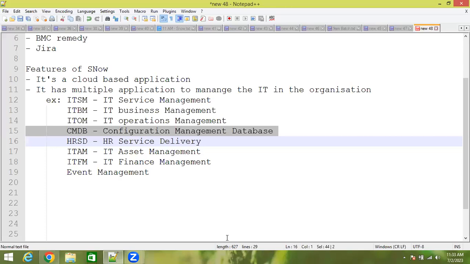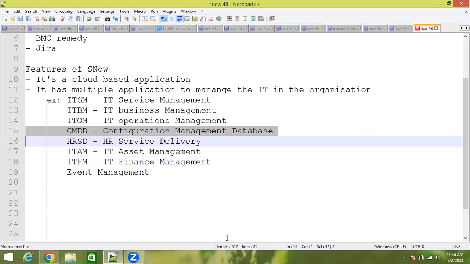How are all those assets, not only laptops but servers, routers, operating systems, different IP addresses, and software, organized and managed in the organization? There will be a database called the configuration management database. In that database, all the CI assets will be organized, stored, and managed.